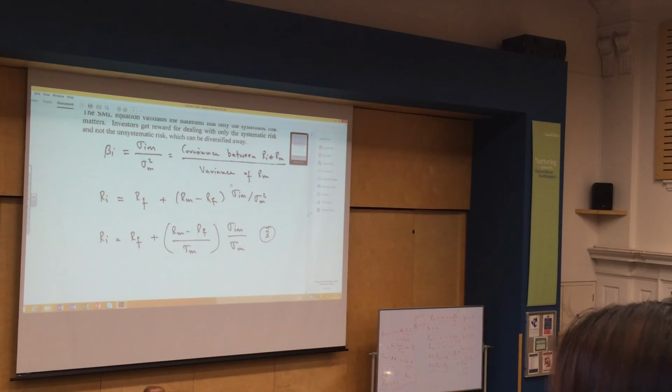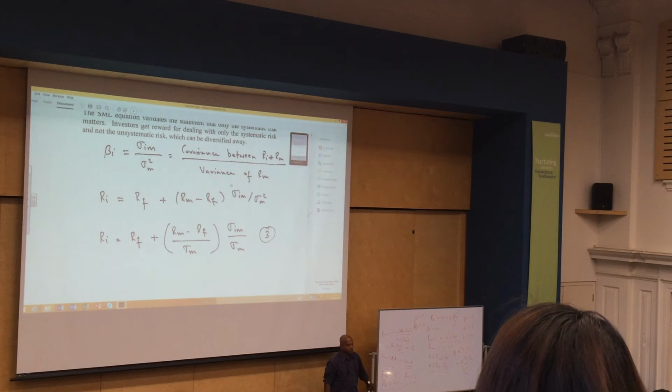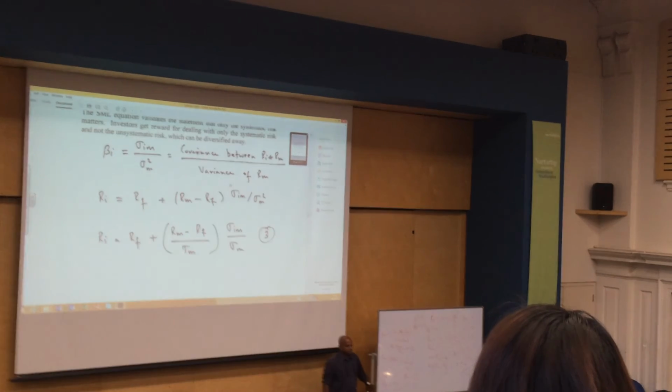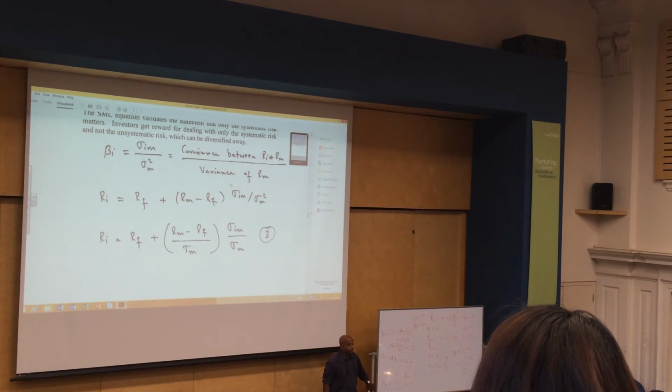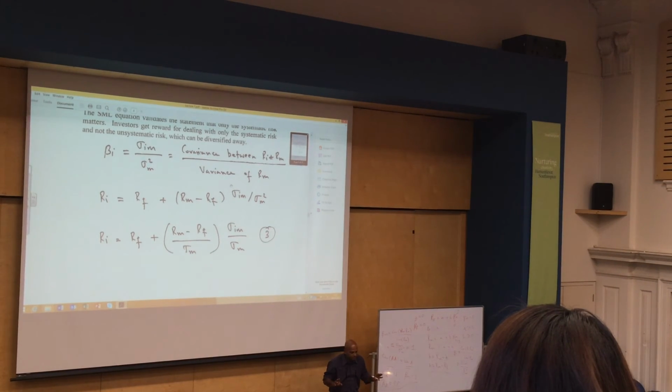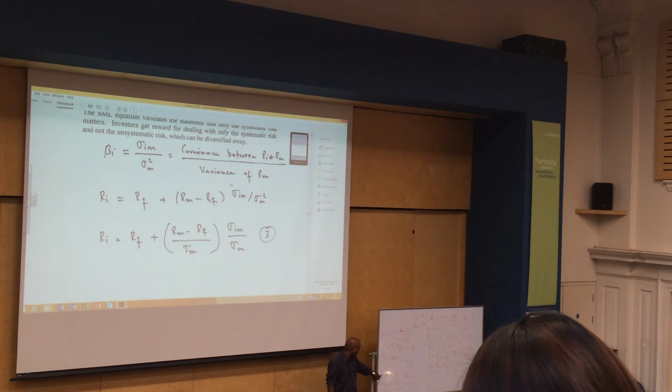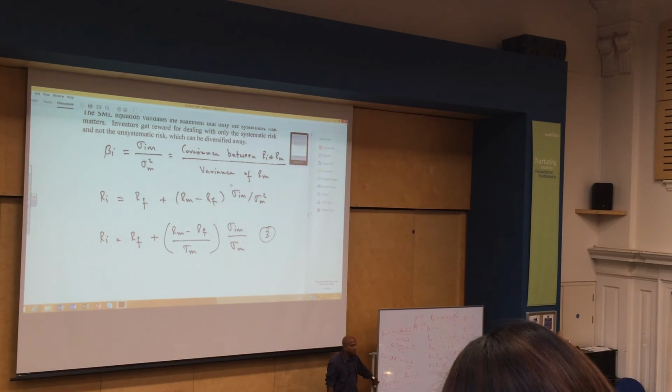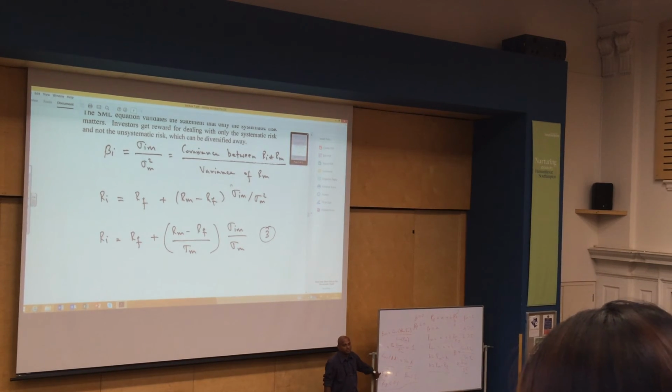I want you to write it down as much as you can. That is important. That's something you must remember, not just for this course, but for courses in the future, like introduction to portfolio theory and corporate finance. The higher the beta, the riskier it is. Not total risk, systematic risk. A has a higher systematic risk, B has a lower systematic risk. A is riskier than the market. B is less risky than the market. A has to pay the highest return, otherwise nobody will come to it.